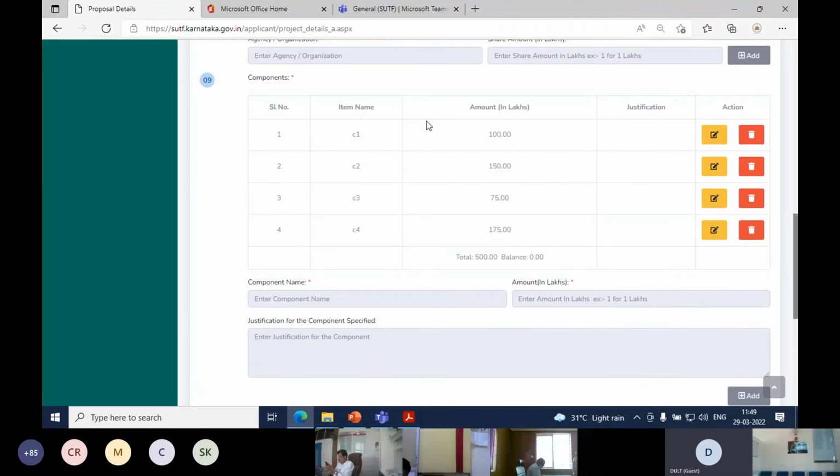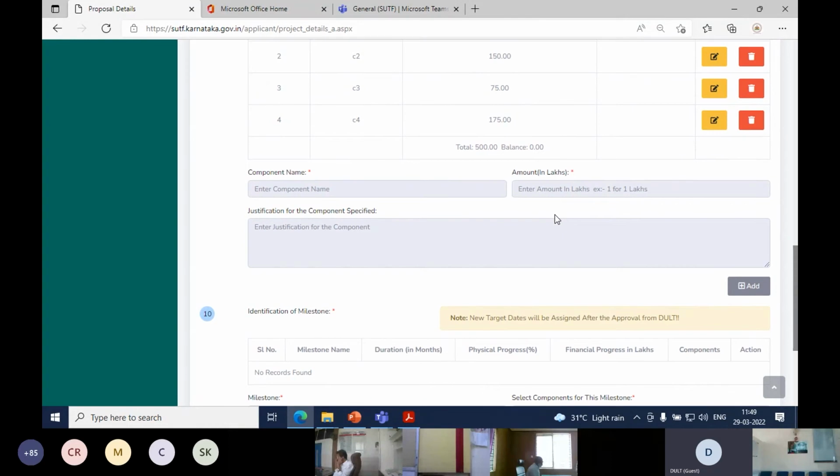So now I have added 4 components and my balance is again zero. Your components can also be finishes, construction of the superstructure, ground floor. You can even divide your project on a floor basis or even a task basis. So that is up to you how you want to divide your whole project. Now these components need to be assigned to certain durations, to a certain timeline.